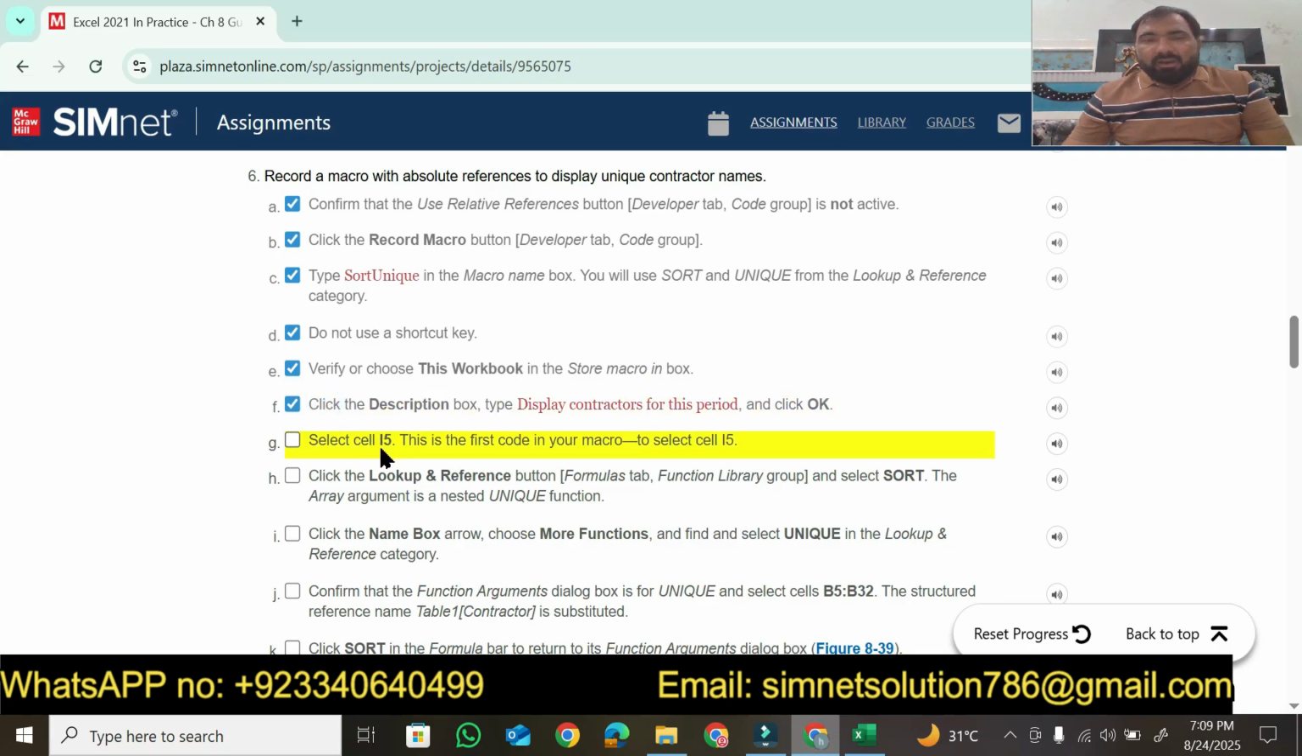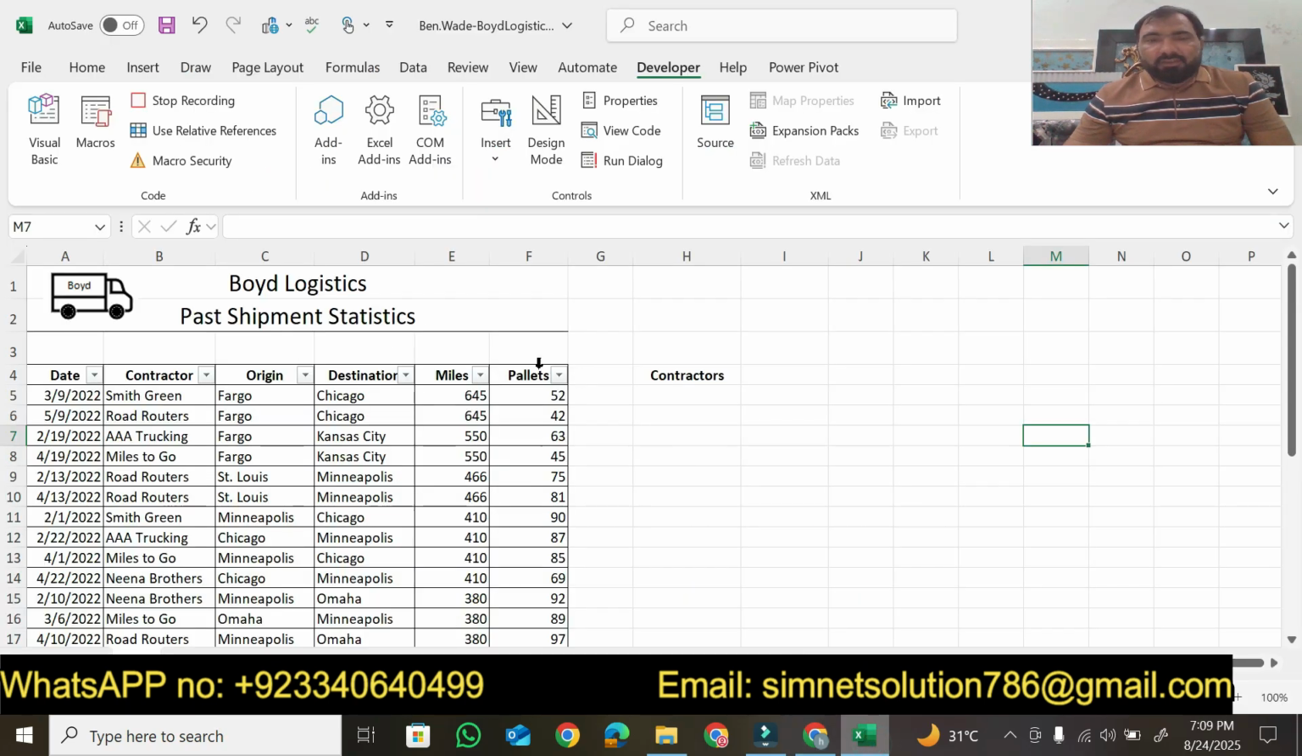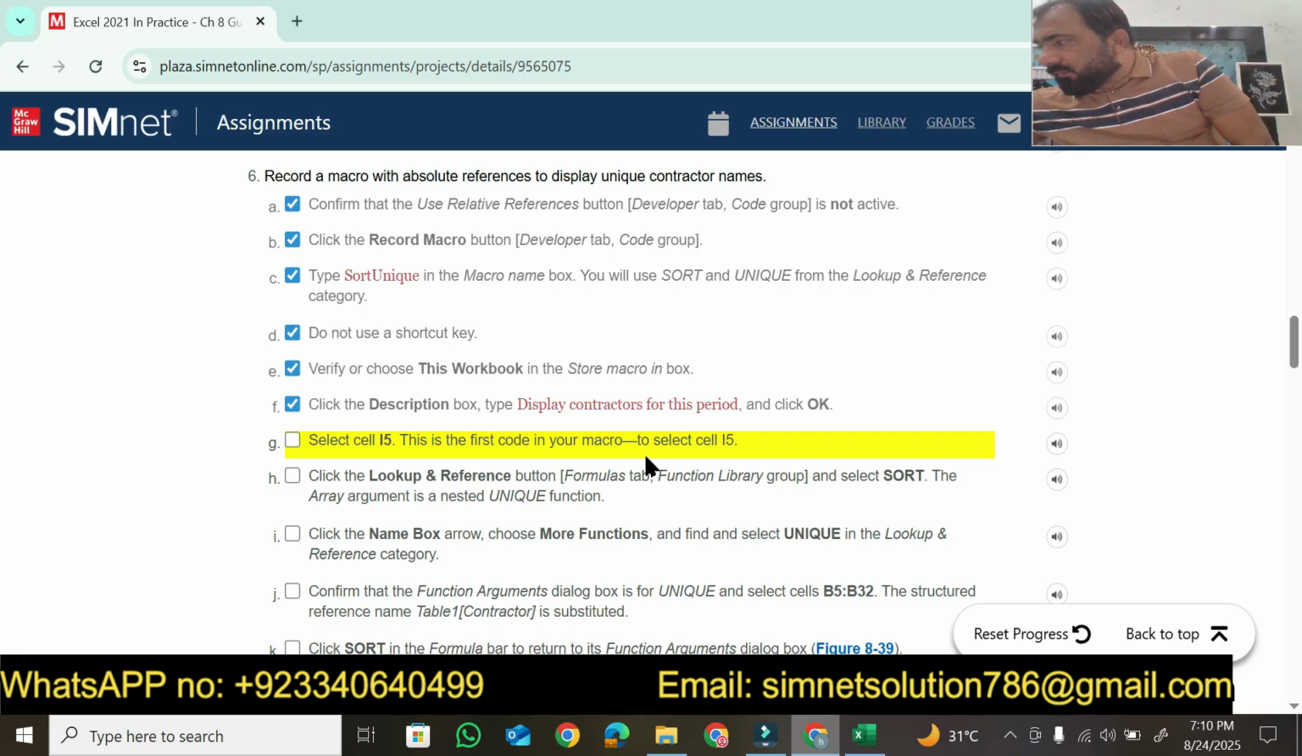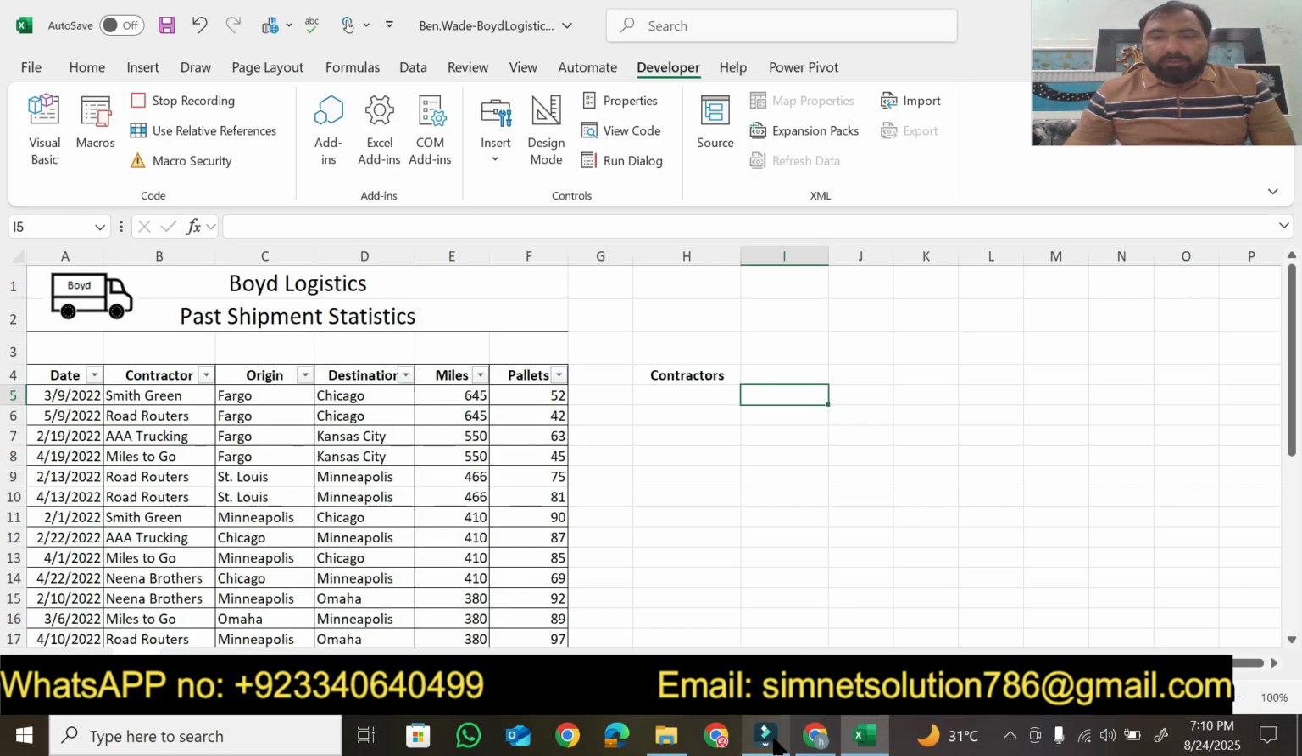Now select cell I5. This is the first step in your macro, to select I5. Select I5. Where is I5? This is the first step in your macro, to select I5. Then next,